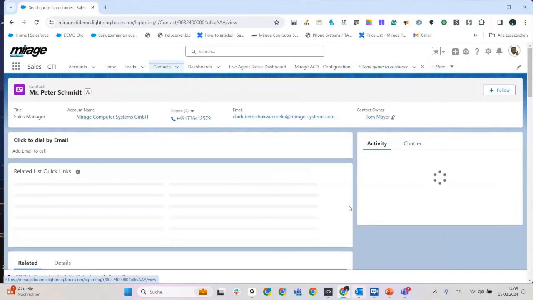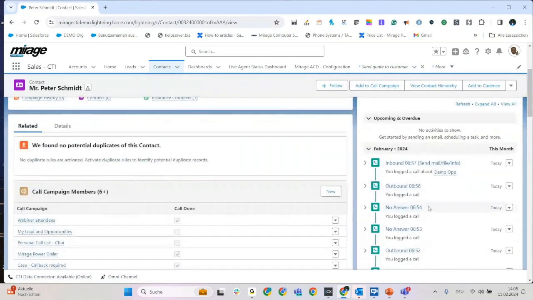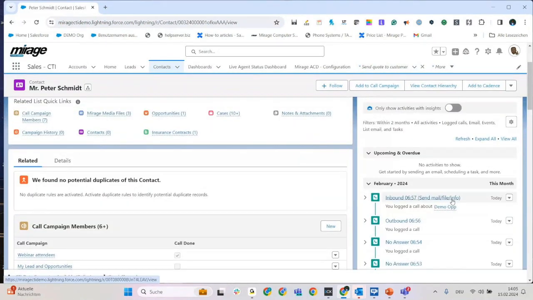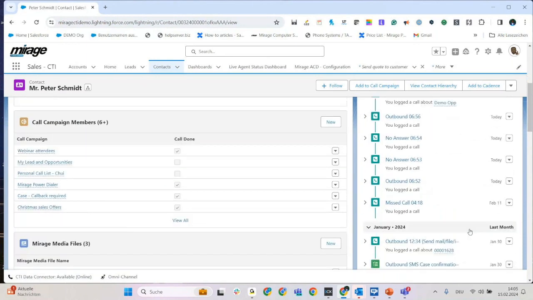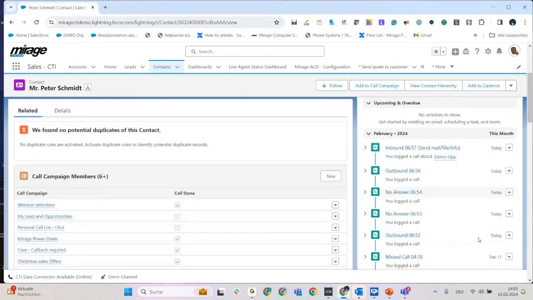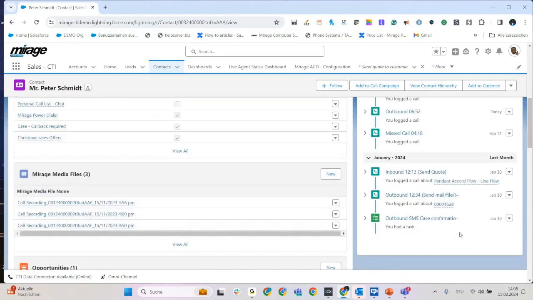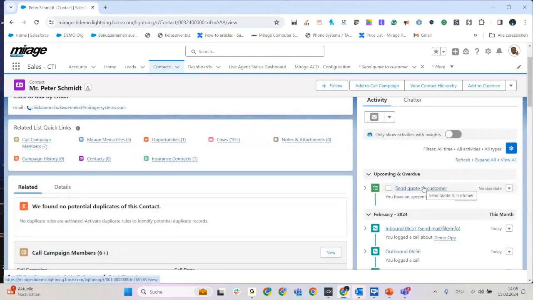If I go on the contact level of the customer, I have this information about the inbound call I just made, and I refresh here. The moment, show all activities. I also have the information about the code I was supposed to send out to the customer.